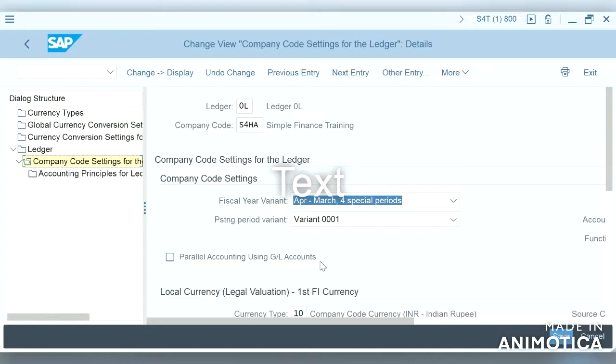There are two ways for that customer to migrate to S/4HANA. First, he can activate new GL and then migrate to S/4HANA. Second option is he can directly migrate to S/4HANA and have this checkbox checked, and later on he can decide whether to implement new GL or not. So for those kinds of customers, this option will be helpful.